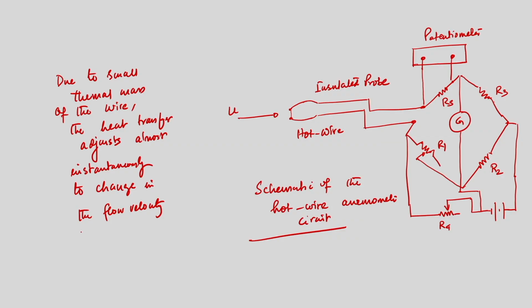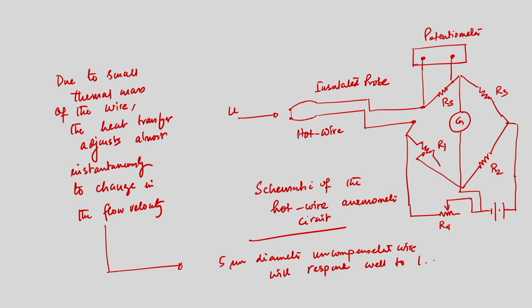And not only that, because of this it is so fast that a 5 micron diameter uncompensated wire will respond well to 1 kilohertz velocity fluctuation. So, only a 5 micron diameter uncompensated wire will respond well to 1 kilohertz velocity fluctuation, but if we try to compensate it,